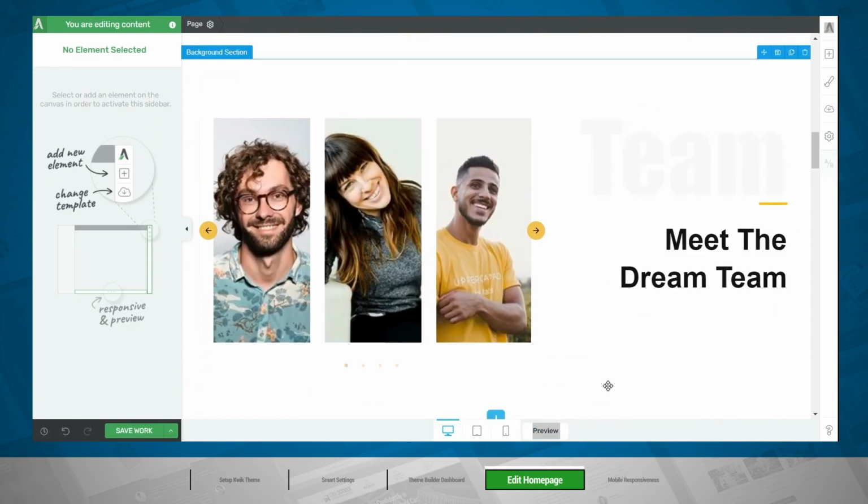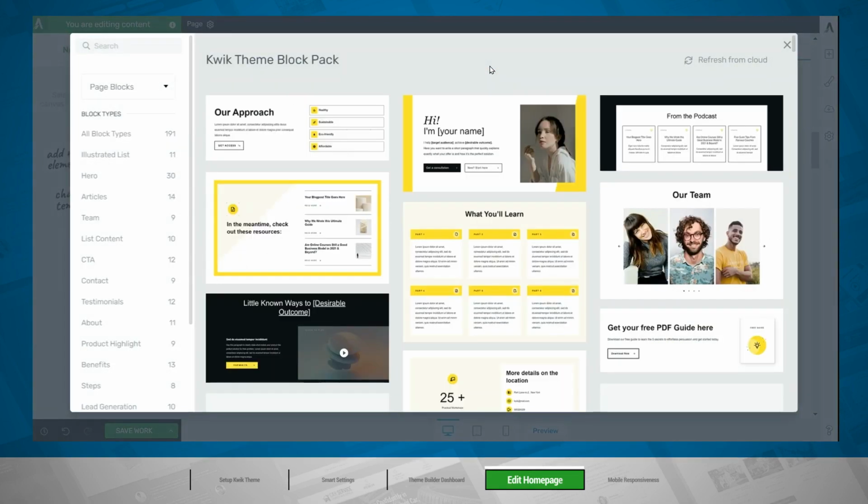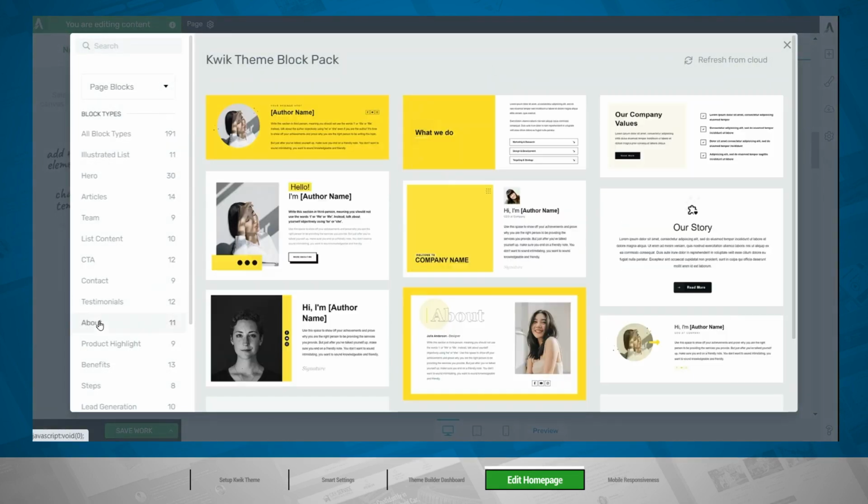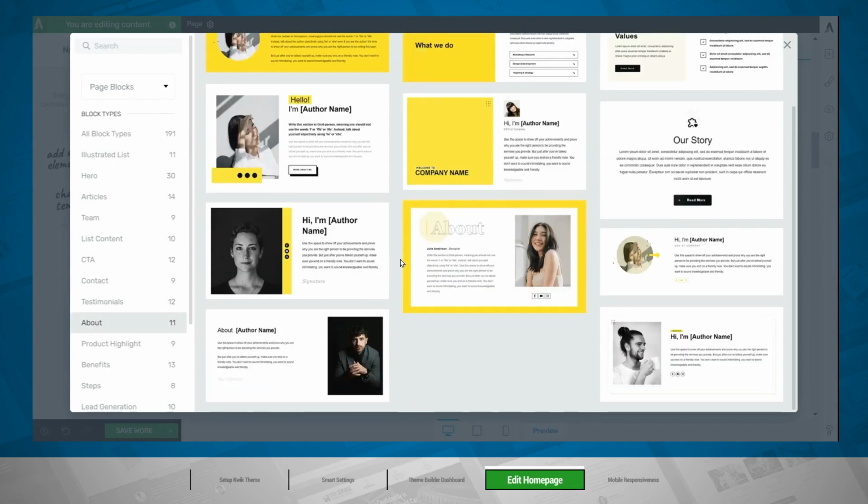Having a team section on your website is a good way to humanize your brand. Now, if you don't have a team and you are a solopreneur, then you can easily substitute this section for an About section featuring yourself. So you can simply delete this section by clicking on the trash can icon, and then you can add a block by clicking on the Add Block button. And then let's view all of the About blocks,